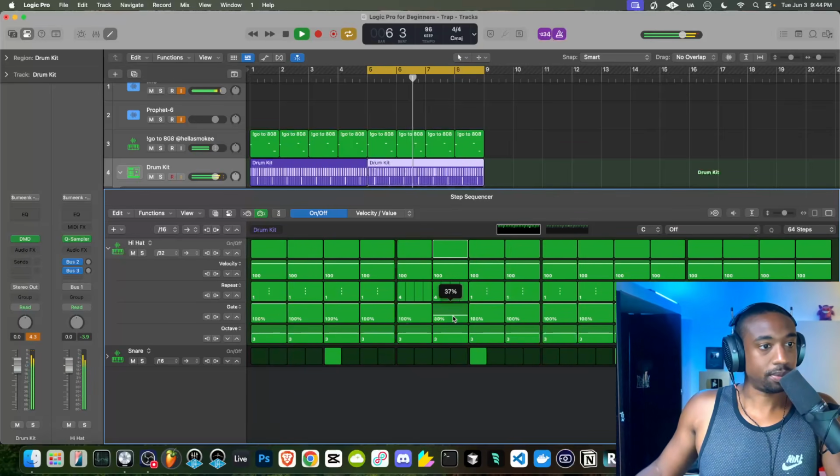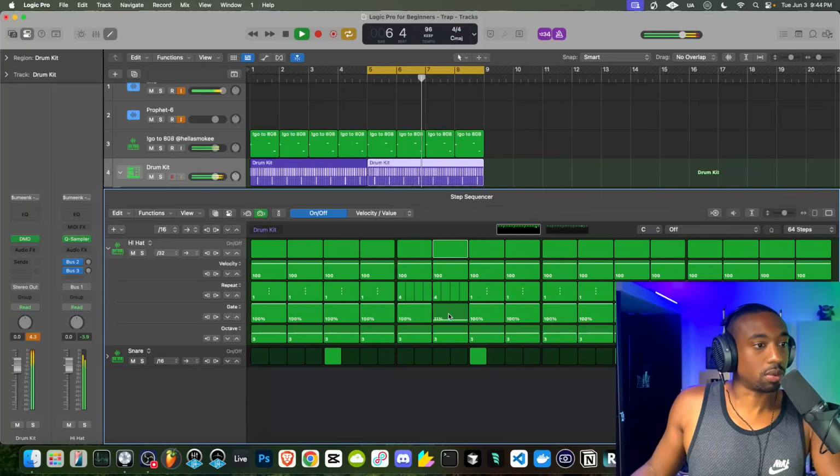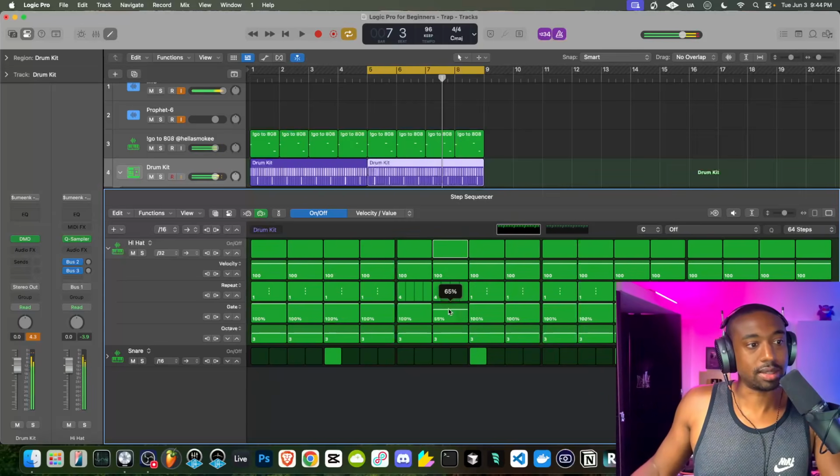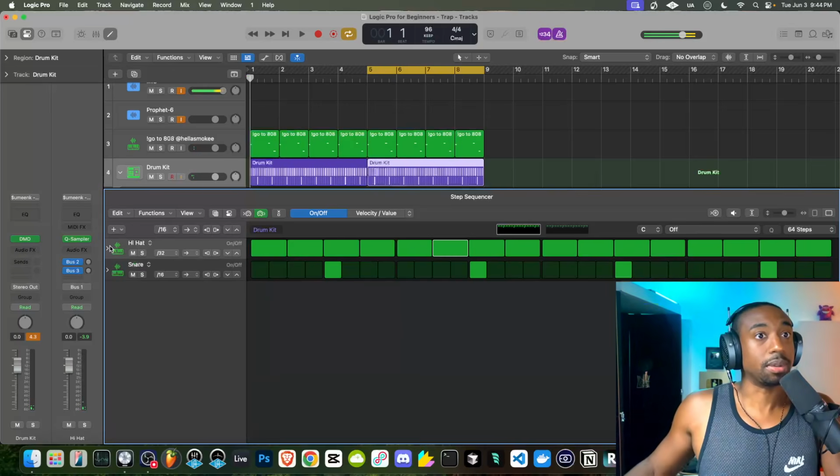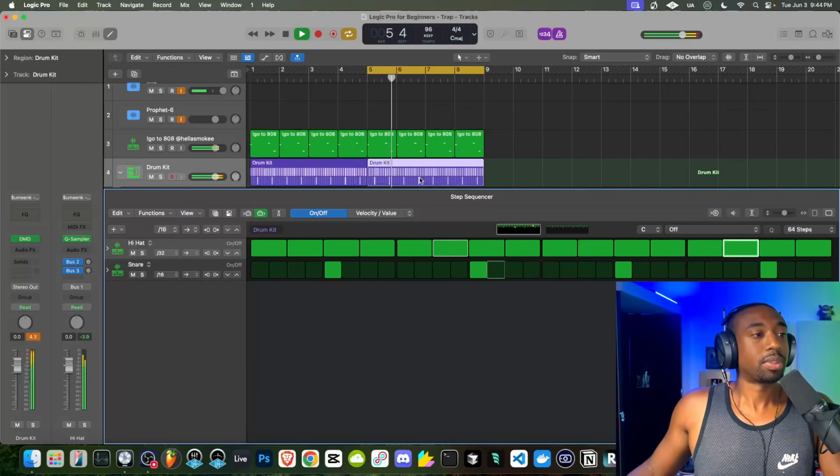Let me see here. I might be wrong about this assumption here. It's still triggering, so maybe I'm incorrect about that because we're doing a roll. So I guess it considers each note per note gate. So never mind. Thought I was teaching y'all something secret, but it is what it is. Okay, so now we have rolls.